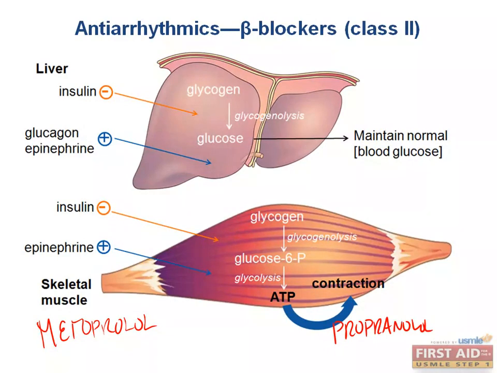Metoprolol is metabolized in the liver, so it can actually interrupt normal lipid metabolism, and a lot of times you'll be tested on your ability to remember that metoprolol inhibits the metabolism of lipids in the hepatocytes and can cause dyslipidemia, while propranolol is classic for exacerbating vasospasm, particularly in Prinzmetal angina, because it is a non-specific or